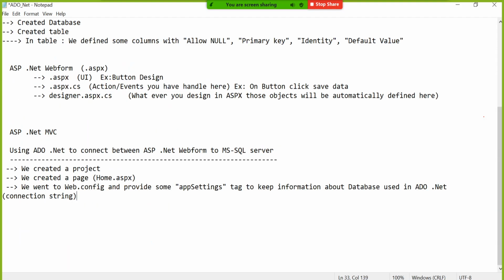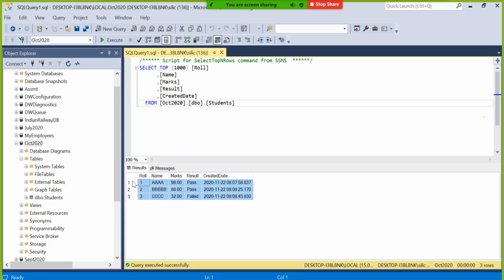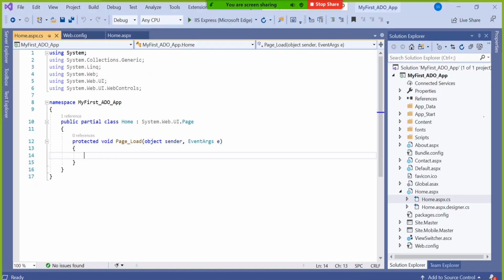Now let me write those steps of approach. So here, next step: in your home page or home.aspx, use or keep a grid view to hold all students records that come from the database. The database is going to give you this data, roll number, name, etc., and your grid view is going to display that.